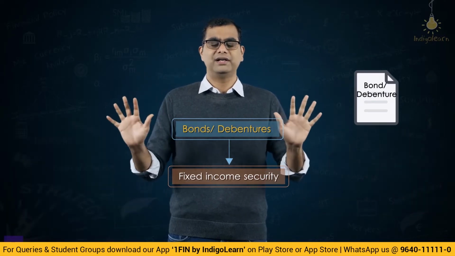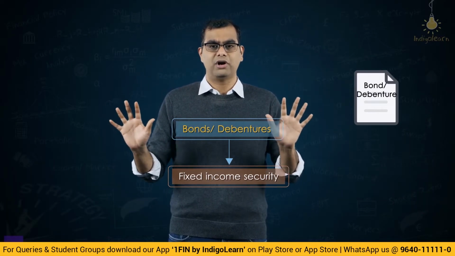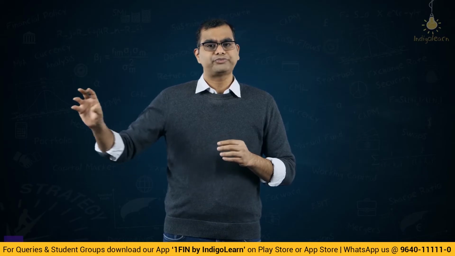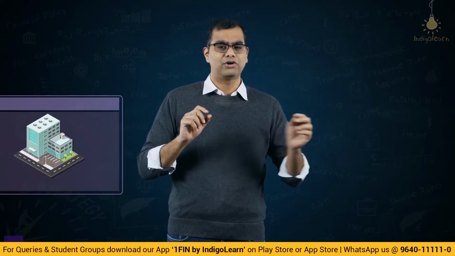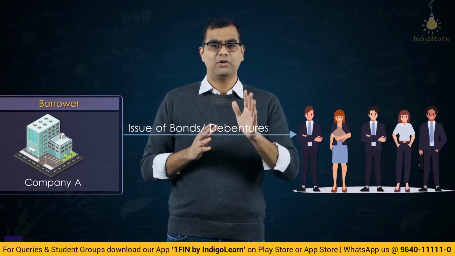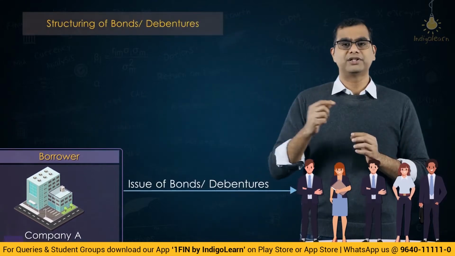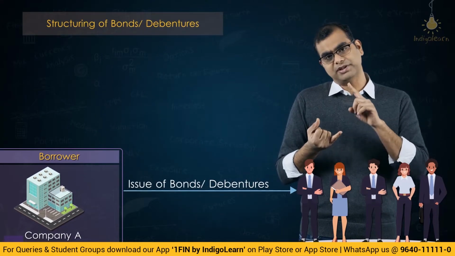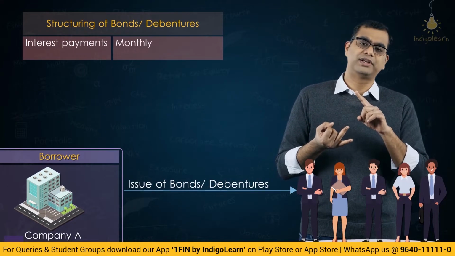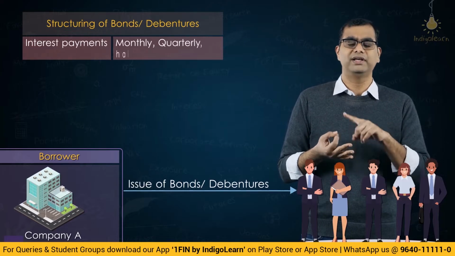This is the normal understanding of what a debenture or a bond is. Now, for every aspect that we discuss, there can be a variation. What do I mean by that? Let us say the company has borrowed money from these people. I said it can make interest payments. We said interest payments can be monthly, quarterly, half yearly or annual, correct?